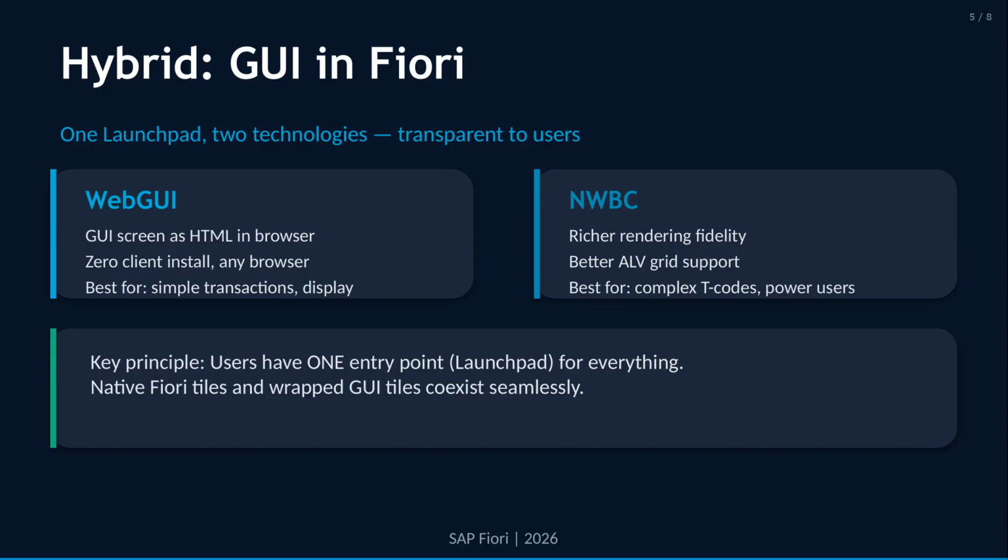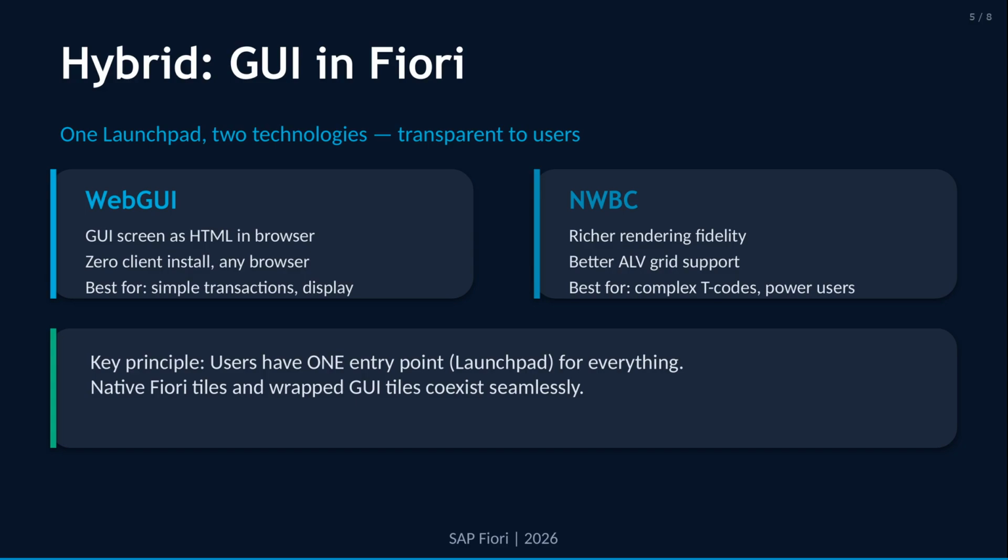First, Web GUI embeds the SAP GUI screen inside the browser, rendered by the ABAP front-end server. The user clicks a tile in the Launchpad and sees the familiar GUI screen without needing the SAP GUI desktop client. Second, NWBC, or NetWeaver Business Client, provides a richer rendering for GUI transactions with better integration into the Launchpad